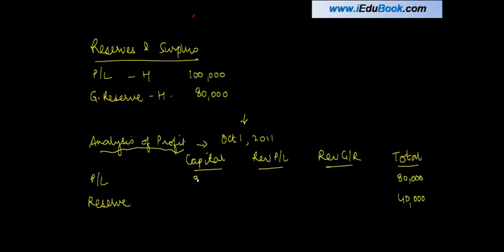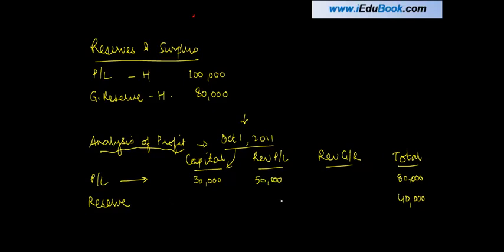Which means that 30,000 is the capital profit and loss account, right? Why have I taken this 30,000? Because on the date of acquisition, it is 30,000. Capital profits are what? Profits earned up to the date of acquisition. If these are 30,000, then the revenue, profit and loss account is what? Total is 80,000, capital is 30, which means the revenue is 80 minus 30 or 50,000,